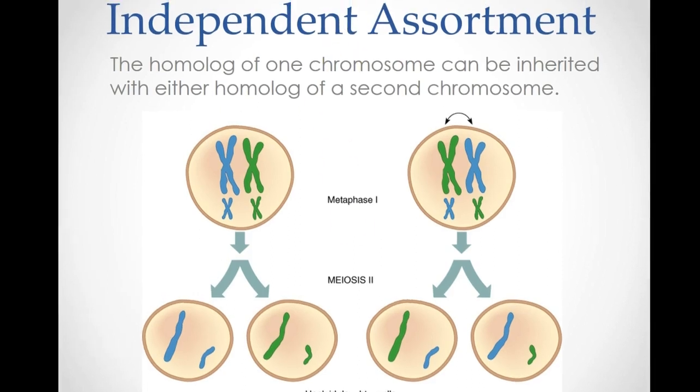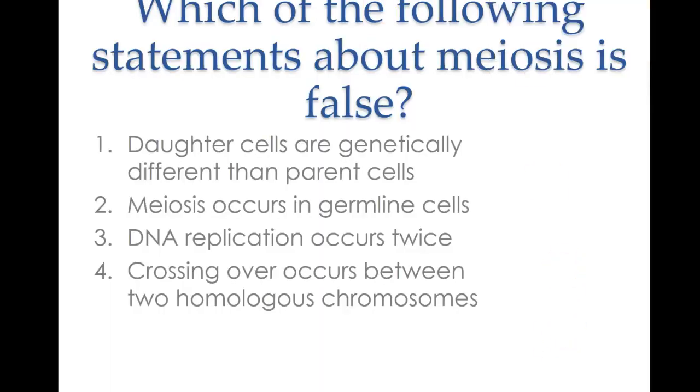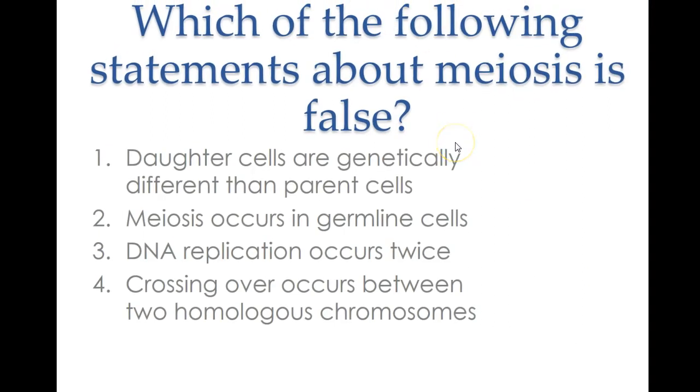So again, just diagrammatically, if dads and moms are lining up on the same side, we don't get a lot of variation. However, when we flip those and switch the order in which they're lining up, we get new combinations of chromosomes. All right, I apologize, I have to continue to change my viewing screen here.